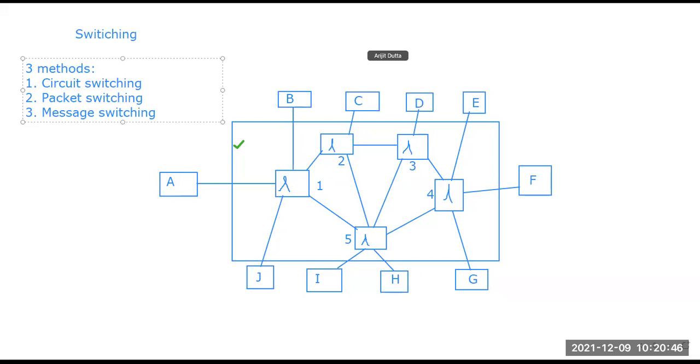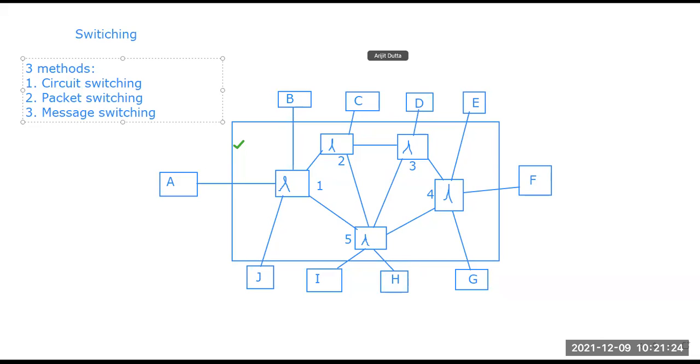Now I am saying that a switch can be present in every layer, but in the previous discussion of switching, I said that its basic function is to make a system look like one when multiple devices are connected with each other. Then one can ask, what is the necessity to place a switch in different layers? Why do we need that? We only need the switch to connect the multiple devices. But then, why are we placing this switch into multiple layers? What is the role? What is the function? Yes, there are some different functions of the switch in the different layers.